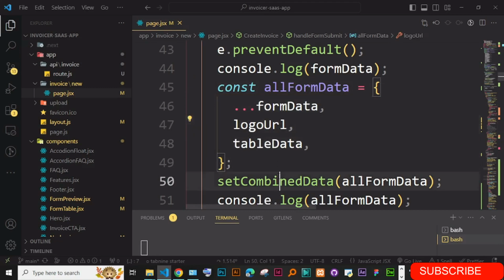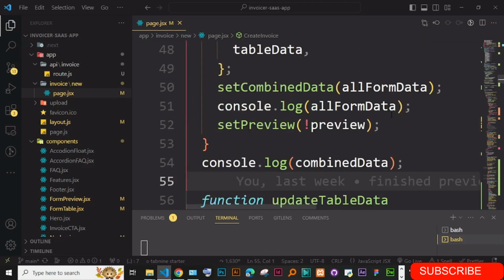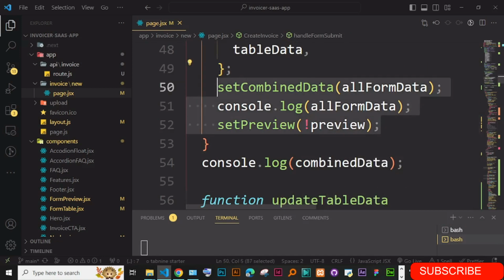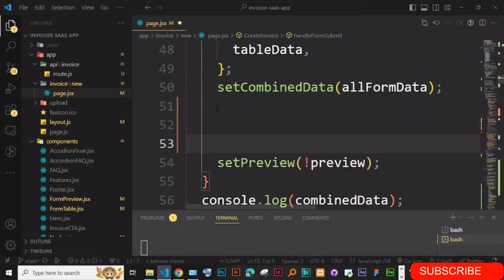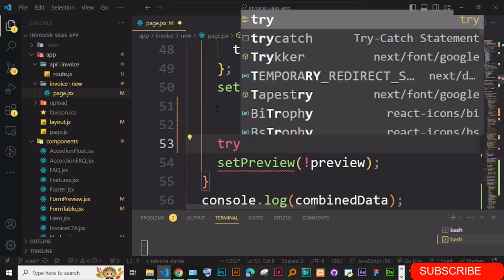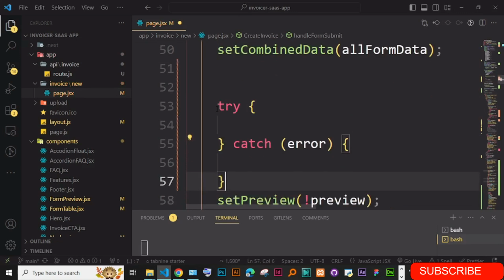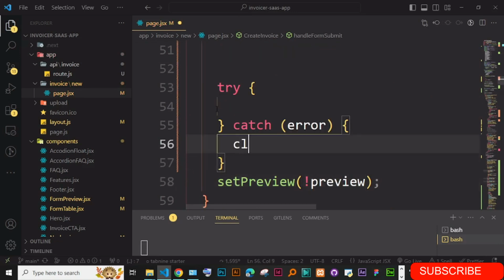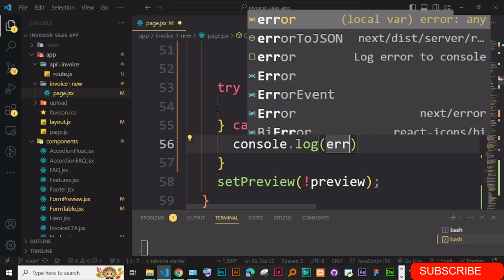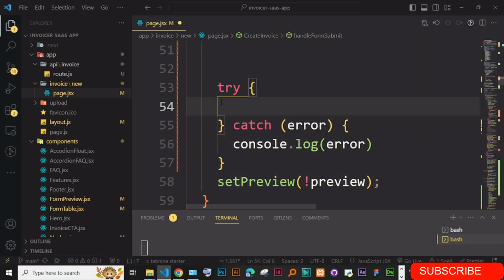Okay, and how are we going to do that? Before that, here where we have this set preview, before we set the preview down here, even I think after setting this combined data, just down here, I'm going to put a try catch block. In the catch block you can put, of course, console.log error for now. And then in the try part, we want to make a request to this endpoint, and we can just say const response